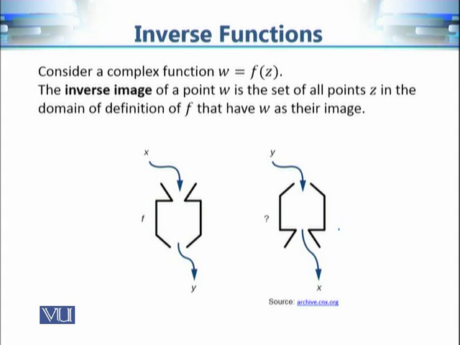Can we find the inverse procedure of this function f of z? Unfortunately, the answer to this question is, in general, that this is not possible. But fortunately, there are some conditions on the function under which the inverse procedure of this process exists. So what are those